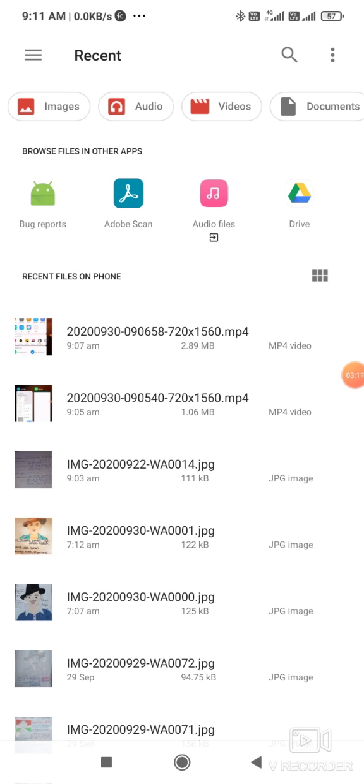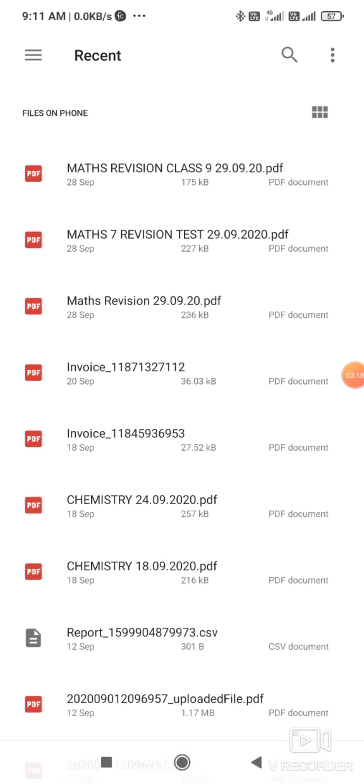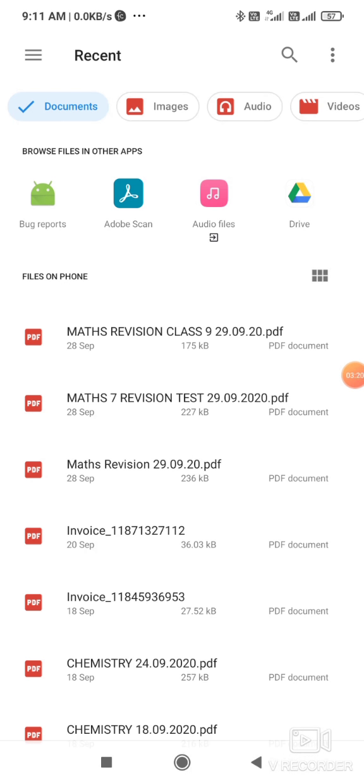Click file. Now you have to search your file. You have to search the document where you have saved it. Whichever file, the PDF file that you have created with your name and subject, you select that. Suppose I am selecting this one, maths revision.